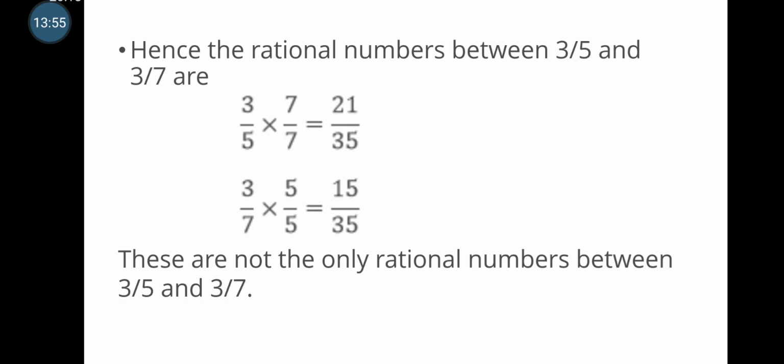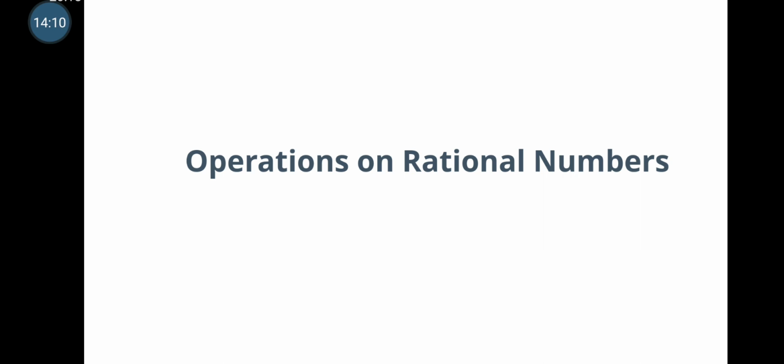16 by 35, 17 by 35. Like that you can have the numbers. Not only these numbers, you can find n number of, uncountable, rational numbers between two given rational numbers. For that you can use equivalent fractions. For the first fraction itself you can multiply and divide by the same number to get another equivalent fraction, and in the same way for the other number you can multiply and divide by another number, so that you can make the number a little bigger and find any number of rational numbers between them.